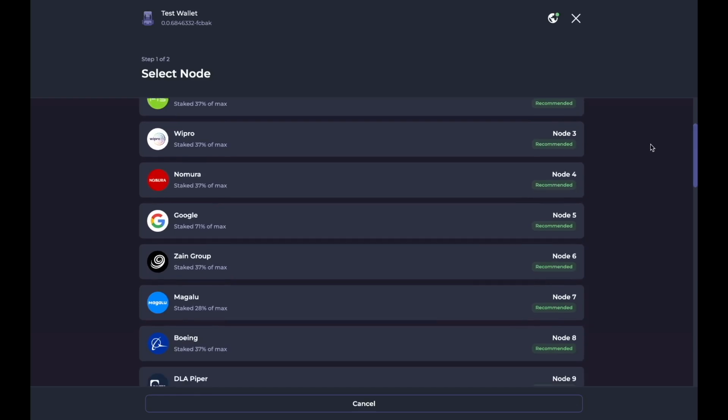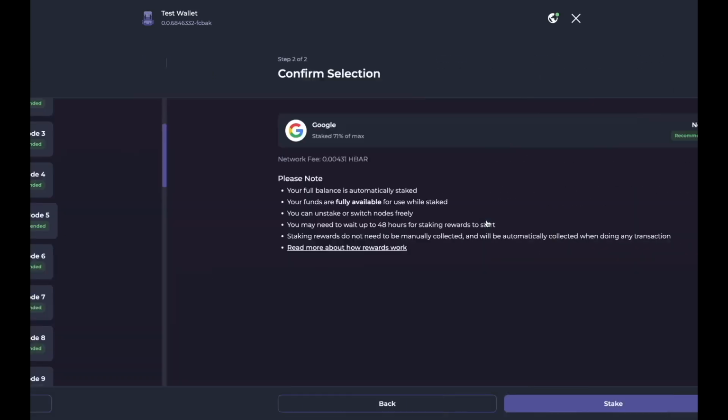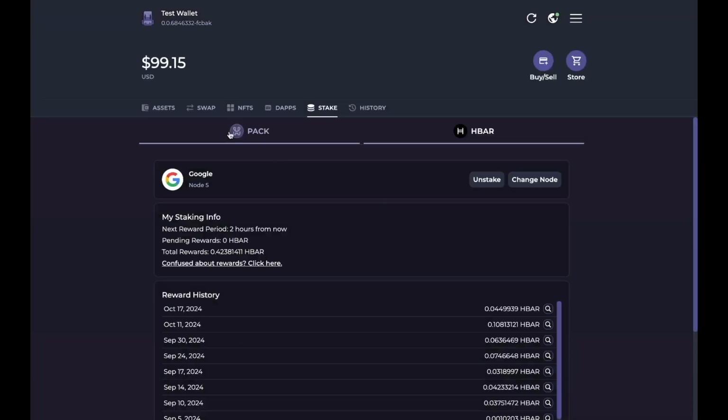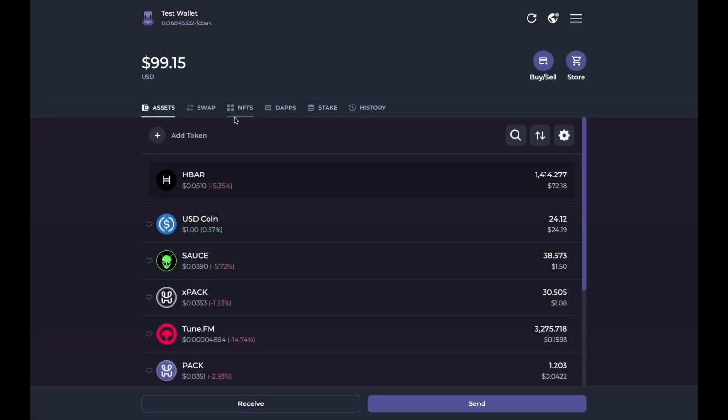So for example, if I wanted to stake on the Google node, I would just click on Google and then stake. So now I can actually start earning 2.5% APY on my HBAR whilst waiting for the next bull run.